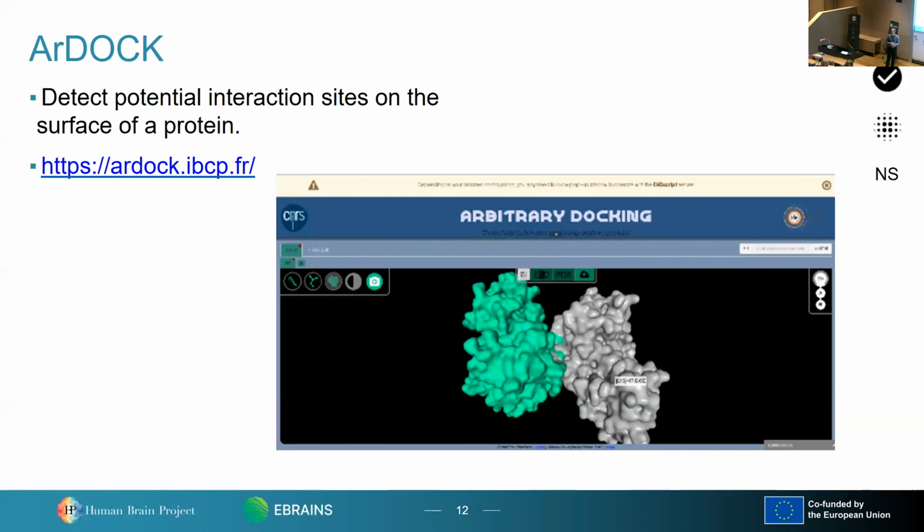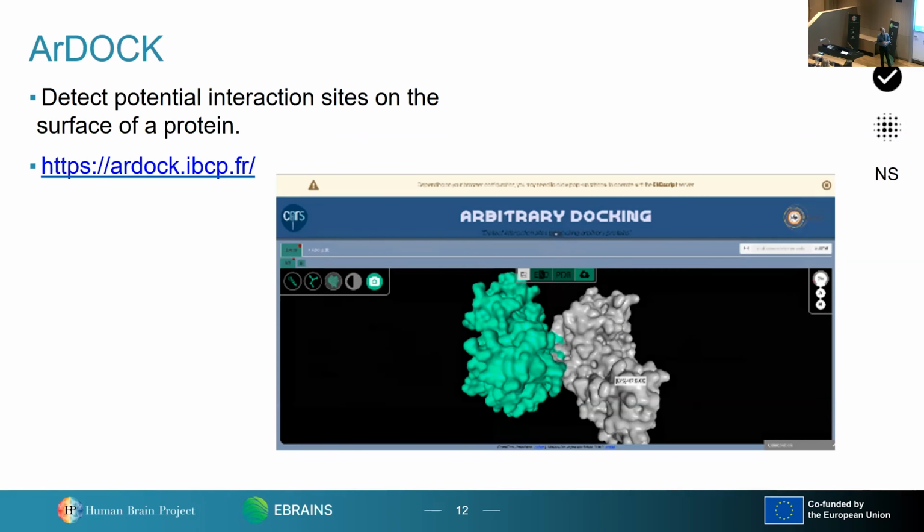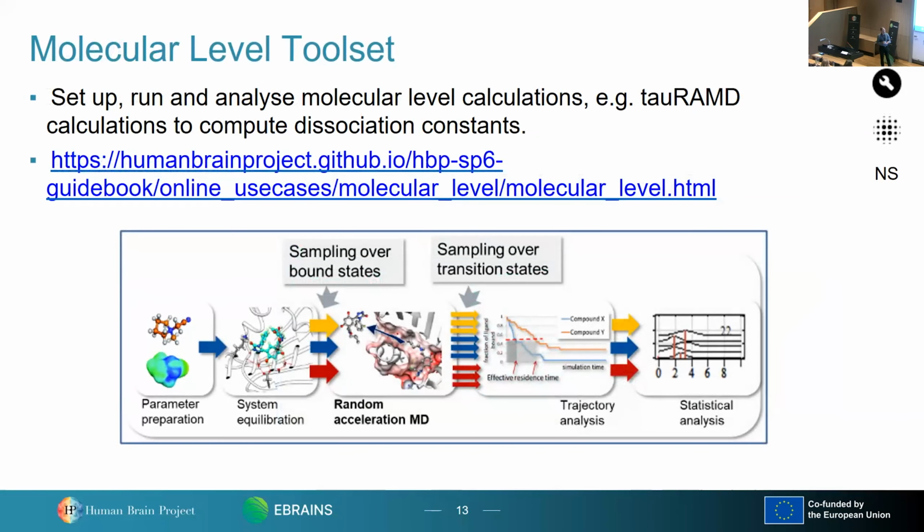So first of all, tools for building models. We have RDoc, which is for modeling at the protein level. We have the molecular level tool set, again at the molecular level, and just to note, the cogs on the top right hand side mean that this is a programming tool.